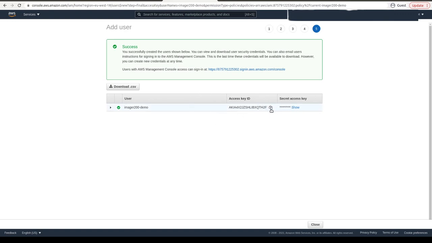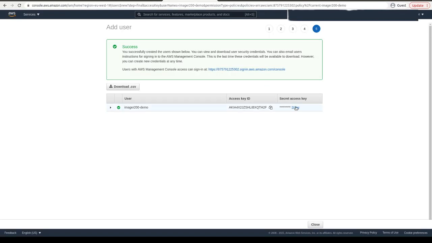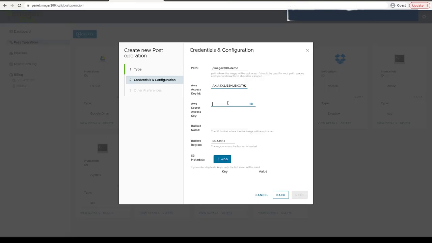So I have the user access. I need to copy it here. It's also possible to download it if you want to save it for later. The bucket name is this one,